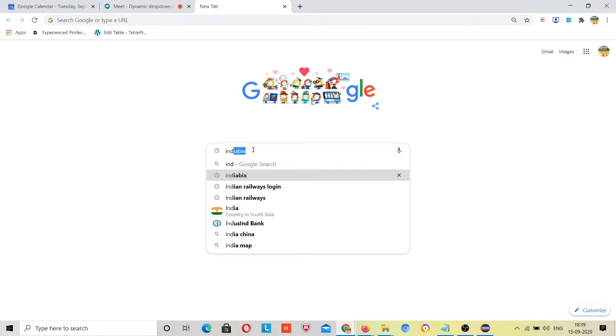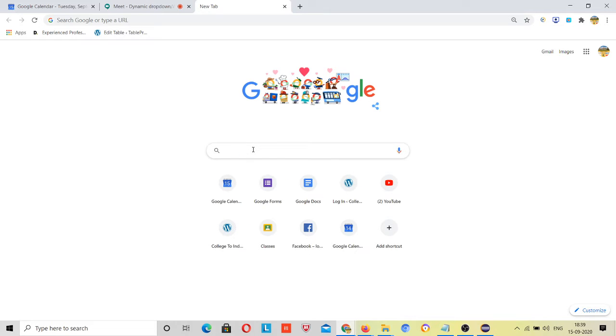First time it came to India Bix, second time Indian Railways, third time Indian Railways, fourth time India, country in South Asia, then IndusInd Bank, then India, China, right? Then India map. So this is auto suggestive drop down, meaning based on your typing it suggests some results, and you need to decide which result you want to click on.